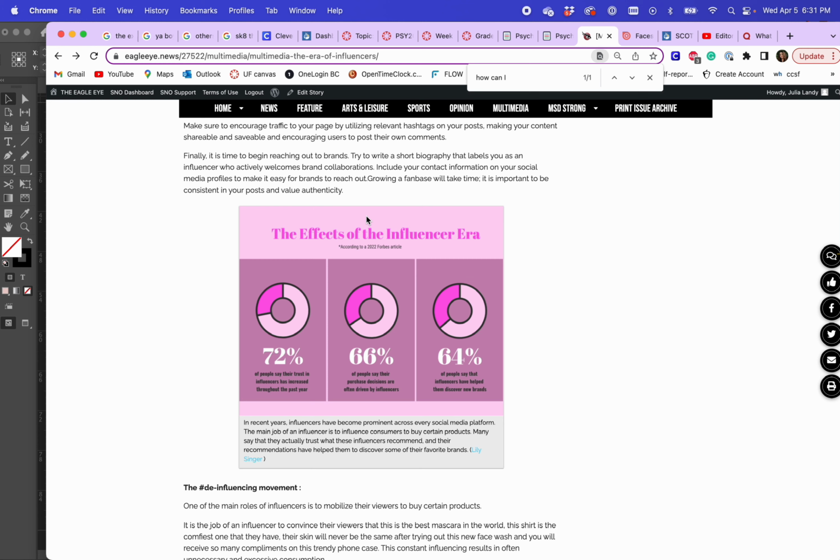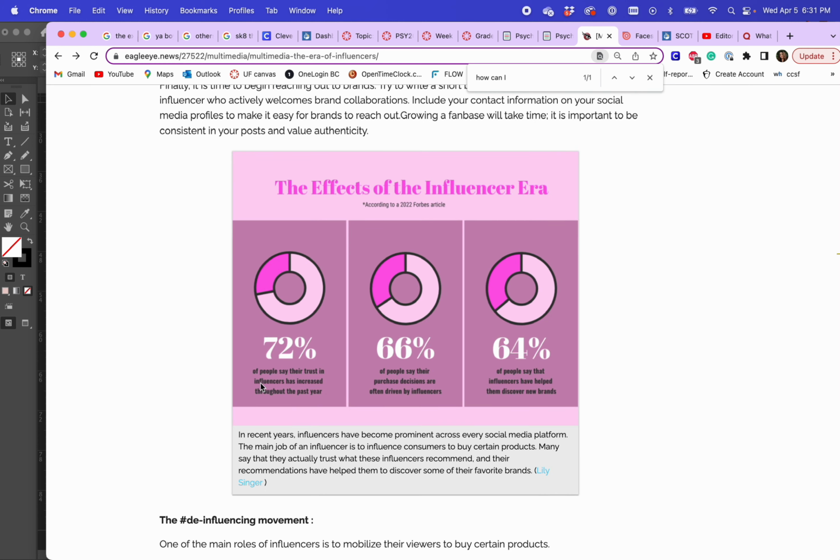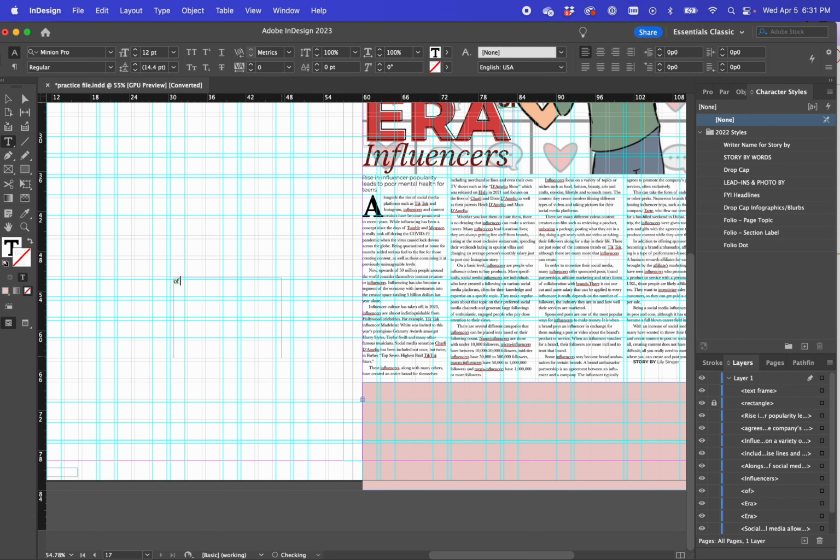Okay, the effects of influencer era. 72% say they trust. I wish I could highlight this. All right, of people say their trust in influencers has increased throughout the past year. All right, so